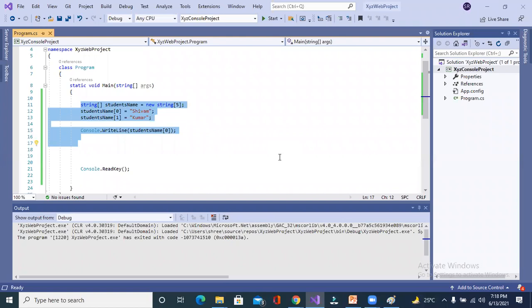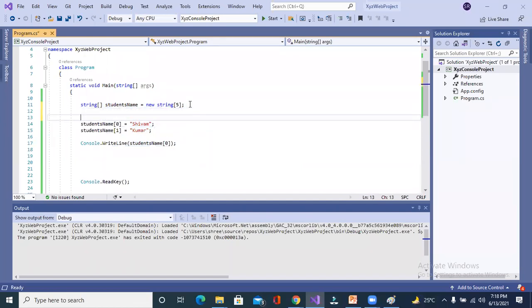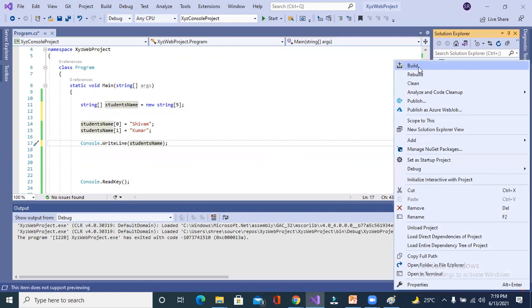Sir, what if we write just the student name, sir, without mentioning the index position? This one is the variable, right? Let me build this application.